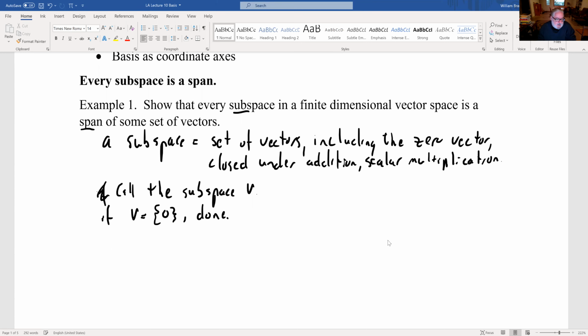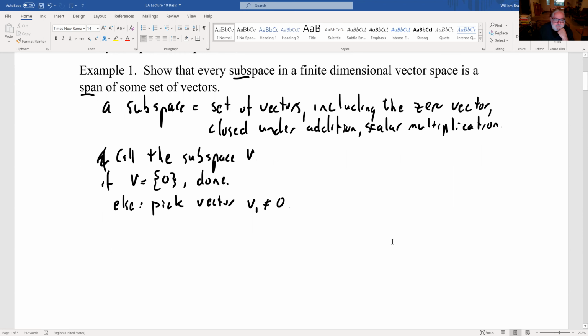Okay, if not, then there's some non-zero vector V1 in my subspace. If my subspace equals the span of that vector,